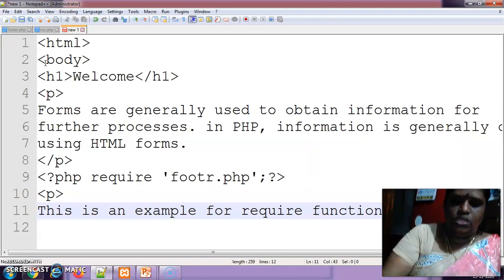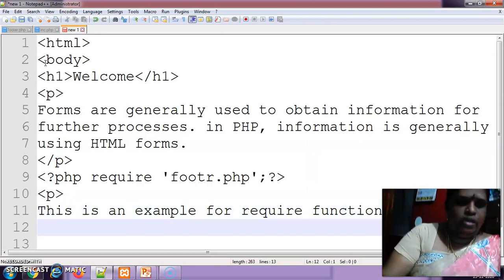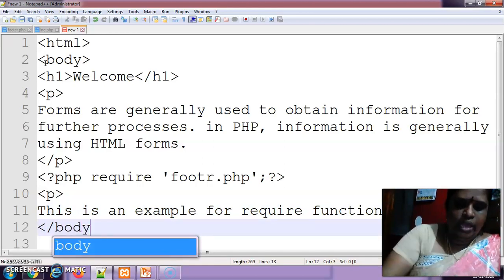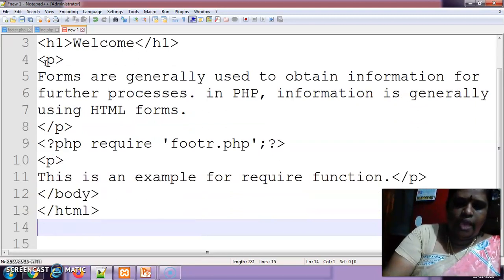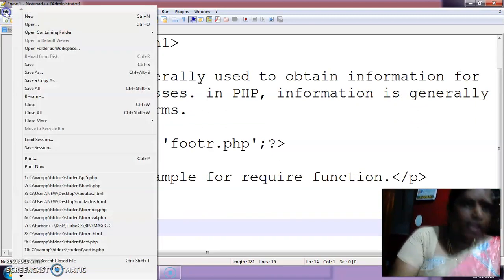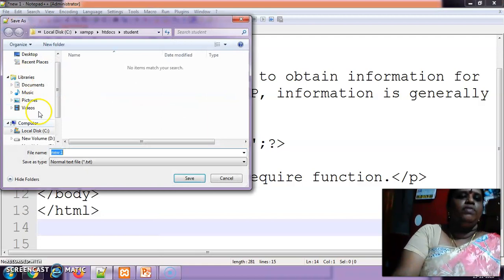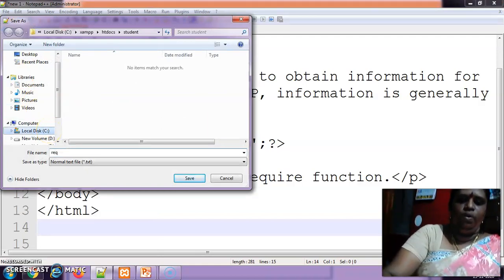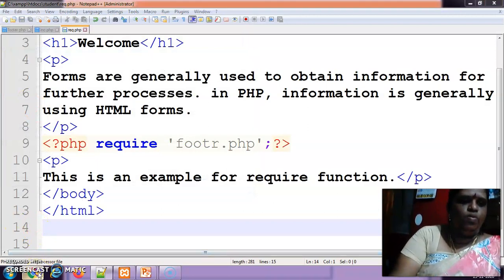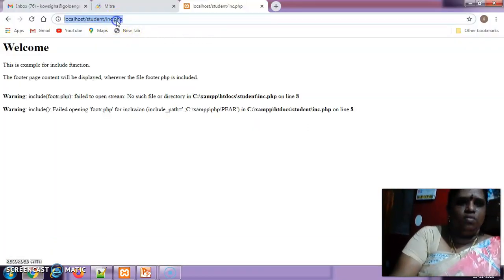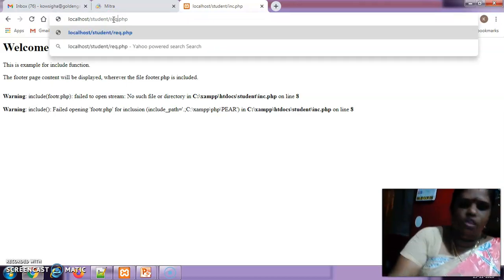Yes, close this. And then you want to close your HTML program. Okay, I am going to save this as require.php. Save this as req.php. Yes, I am going to run this program. So req.